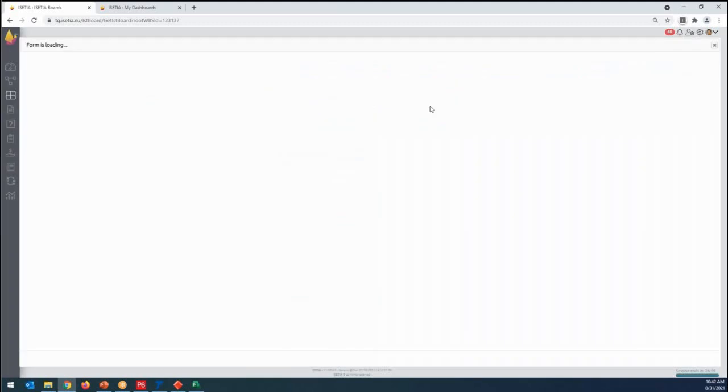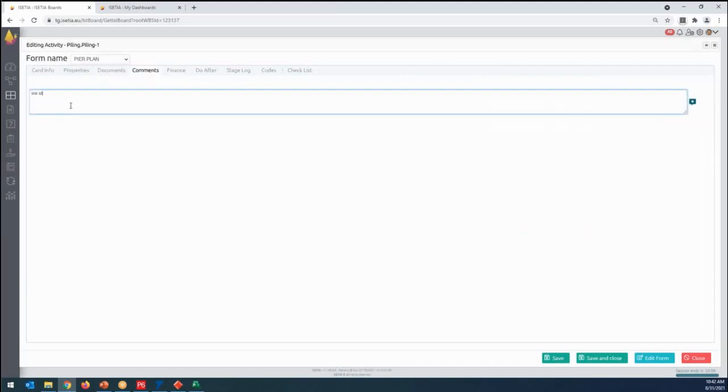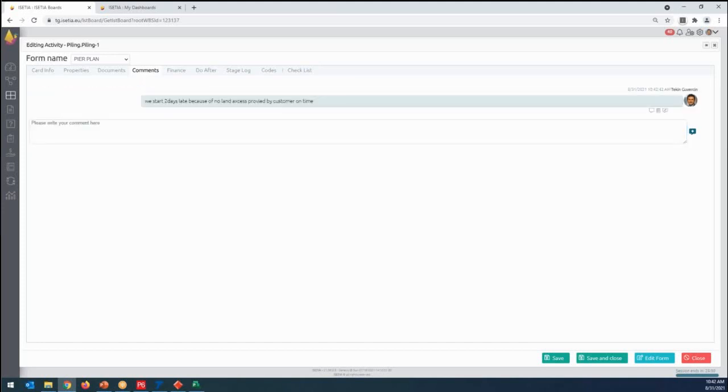He can also open here. He can write his comment. We started 2 days late because of no land access provided by the customer on time. I'm keeping all the track of information on the task. If I left the company, the person who came into my position will understand what was the history of this task.